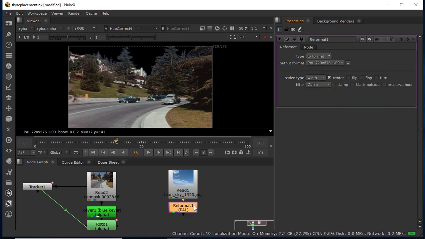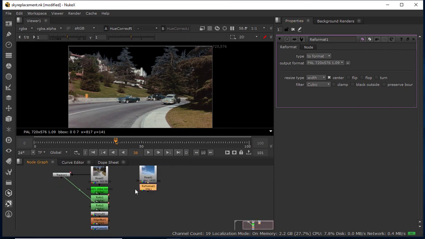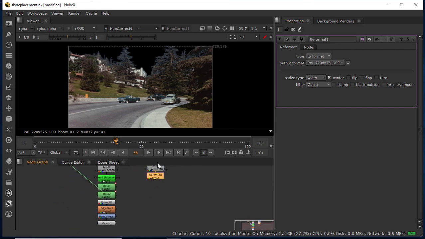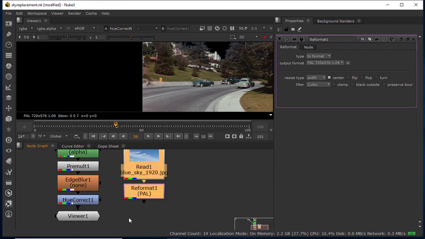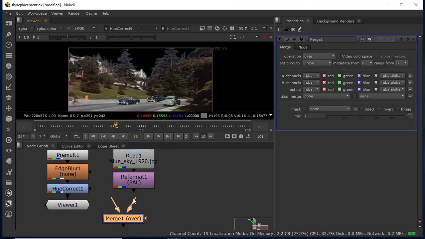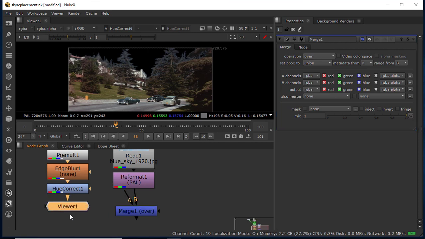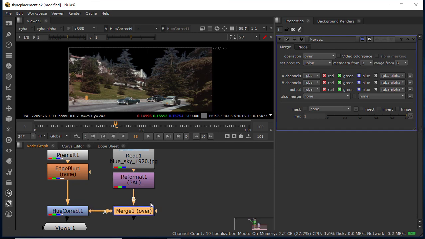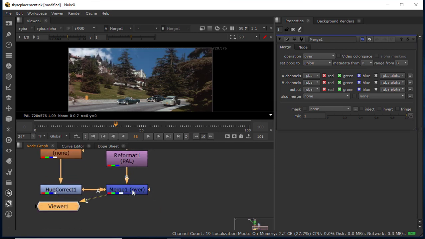Now take a normal merge node and move it a little bit down. Press M because I am going to see the result. Correct this one. This will be your foreground. Now select your merge node, then press 1.